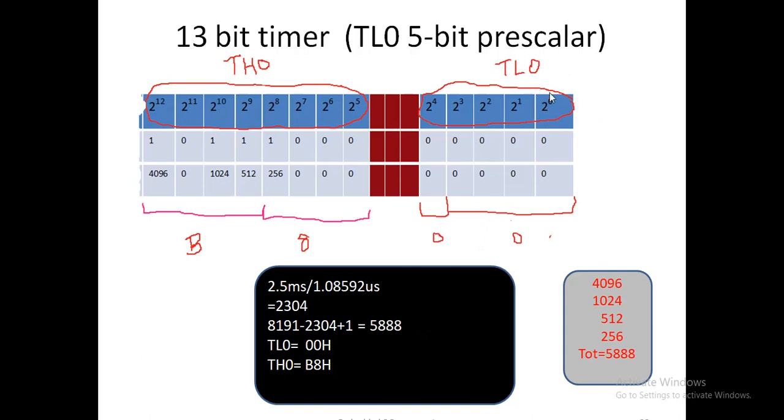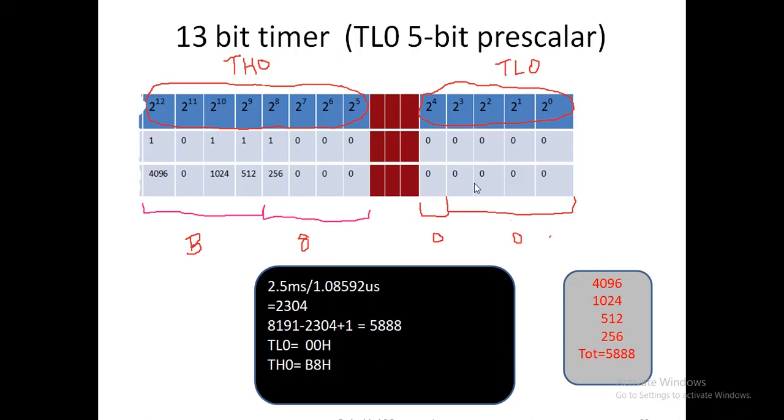I make the weights 2 power 0, 2 power 1, 2 power 2, 2 power 3, 2 power 4. These three bits I am not going to use, because they are not used. So the next bit I will consider as 2 power 5. In TH0, usually it is 2 power 8, but because of not using these 3 bits, I will consider it as 2 power 5, 2 power 6 and so on, up to 2 power 12. So totally 13 bits, that's why it is 2 power 0 to 2 power 12. It is a 13-bit timer.